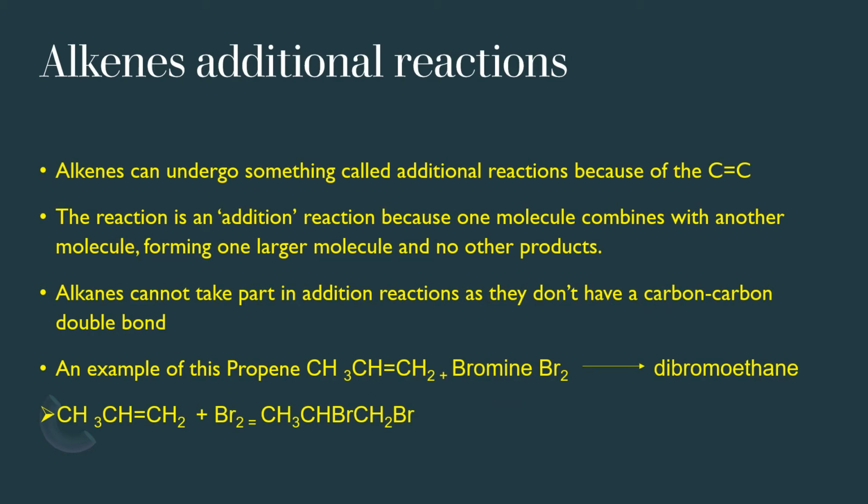So now we'll be looking at alkenes' addition reactions. Alkenes can undergo something called addition reactions because of the carbon-carbon double bond. This reaction is an addition reaction because one molecule combines with another molecule, forming one large molecule and no other products. Alkanes cannot take part in this addition reaction as they don't have a carbon-carbon double bond and only have a carbon-carbon single bond. An example of this is propene, which is CH3CH=CH2, plus bromine Br2